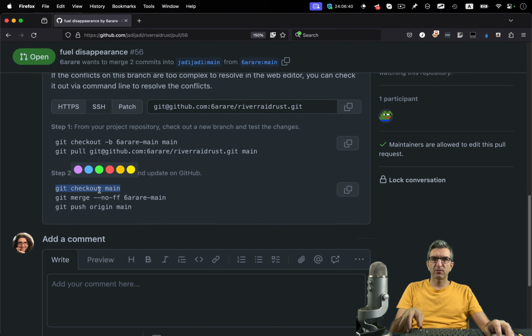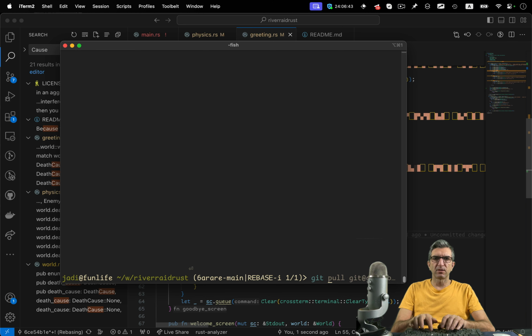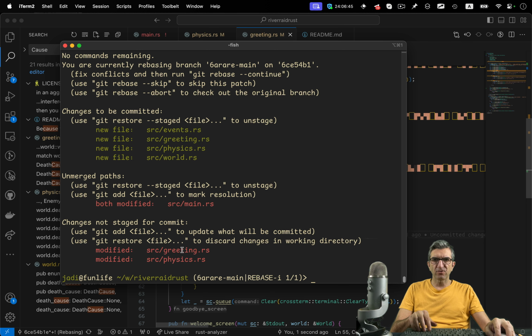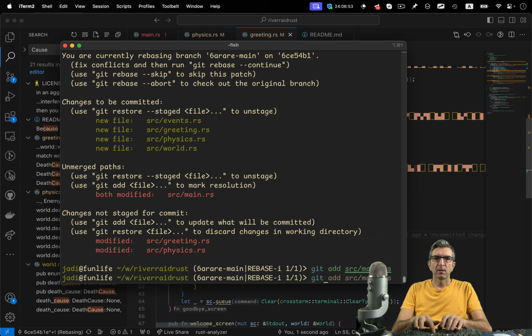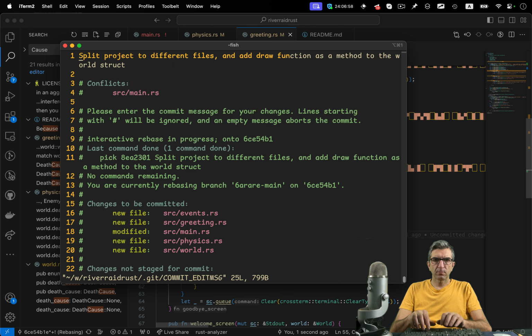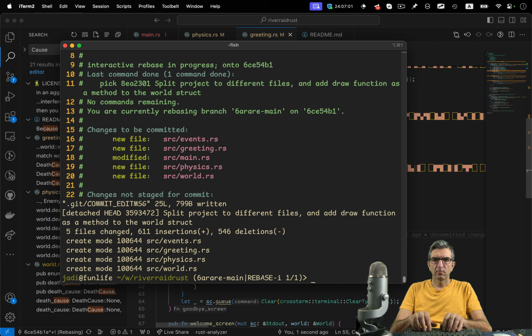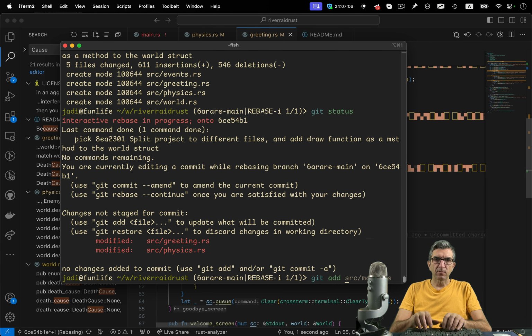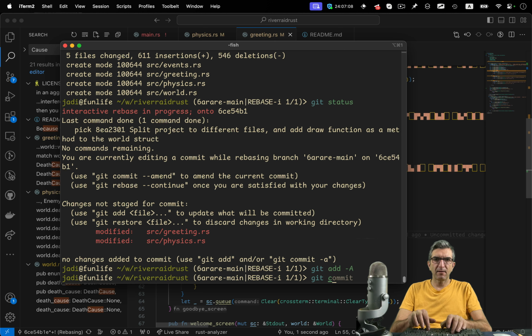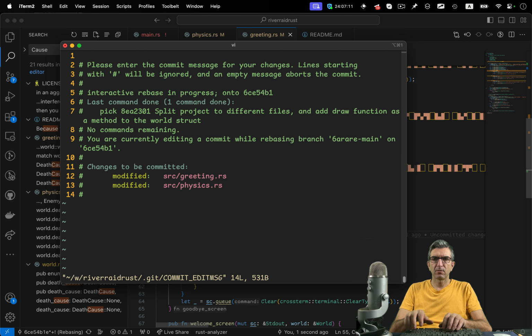Okay. So now I have this. These are fixed. I just need to commit. Git status. This is change, this is change, this is change. Git add source main, git commit. Git status, git add whatever we have, git commit, delay, for example.